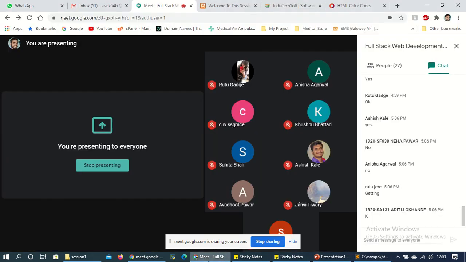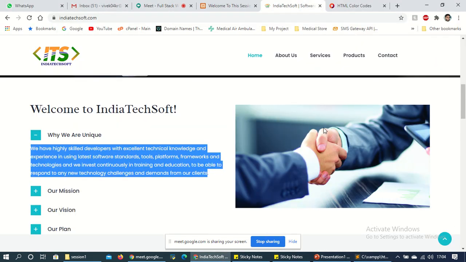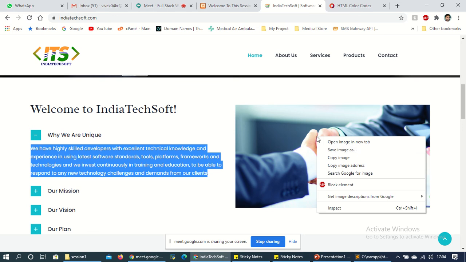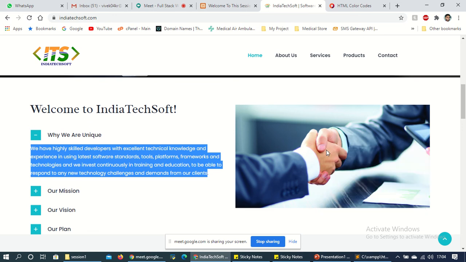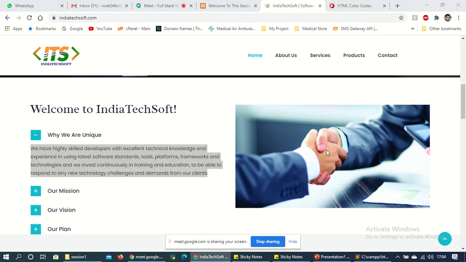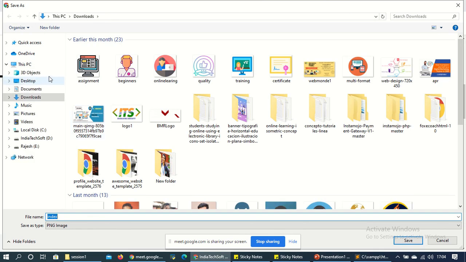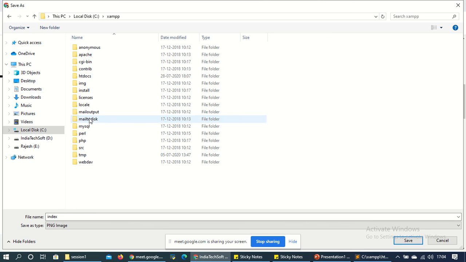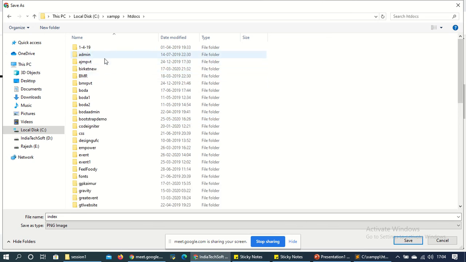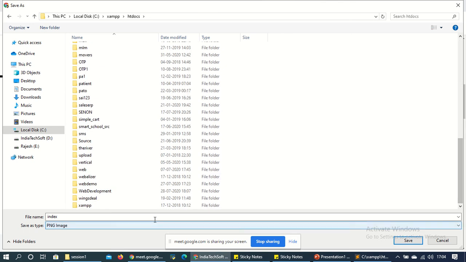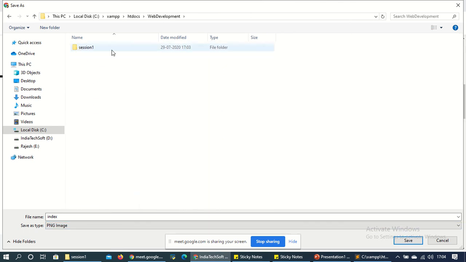Directly I'll go here and I want to upload this one. So I'm just going to save this image. I'll save the image in my project, in C drive, in XAMPP, in htdocs, and after that the project name is wave, so definitely it will be in web development, and under this session one.